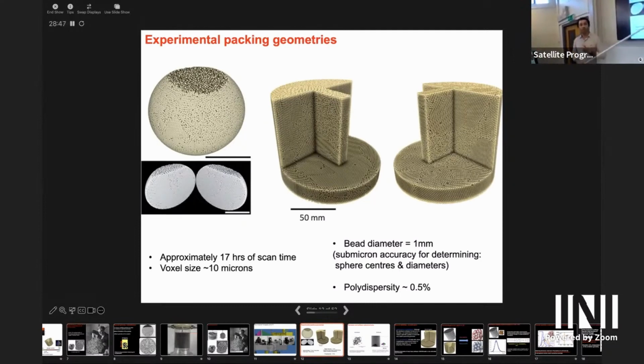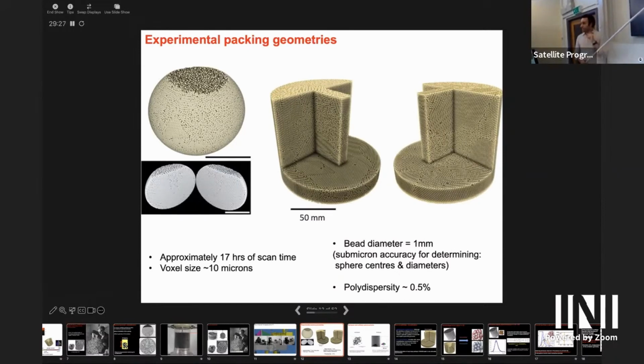So 100 microns, right? And so in order to find the centers, you simply find the barycenter of these spheres, which is made of close to 50,000, if I'm not mistaken. So you have 100, and the radius would be 50, and 50 to the power of 3 would be 500, actually, sorry, 500,000. So you can calculate the centers of each bead by averaging the barycenter of over 500,000 voxels. So that gives you access to an accuracy of nanoscale when it comes to calculating the centers of the